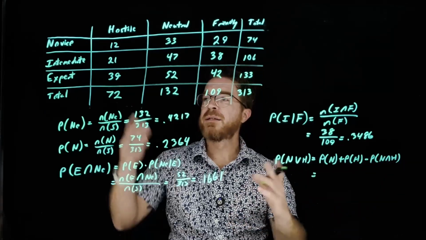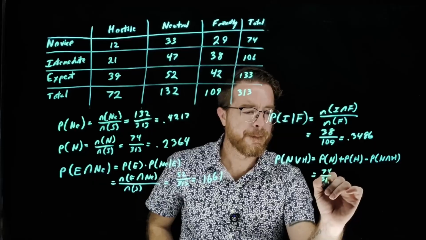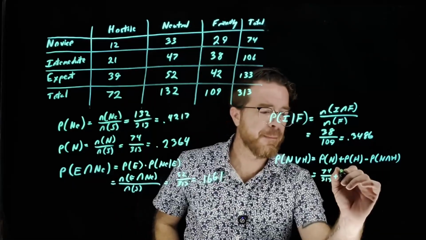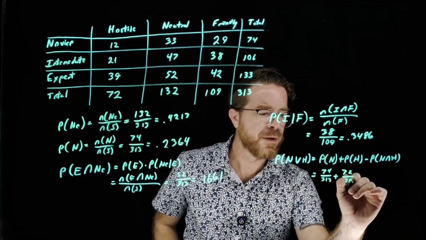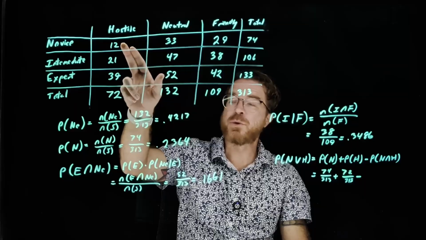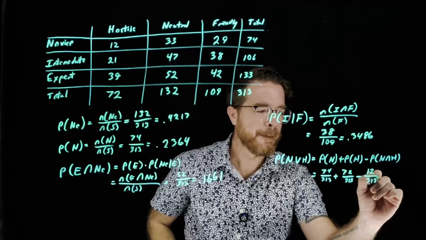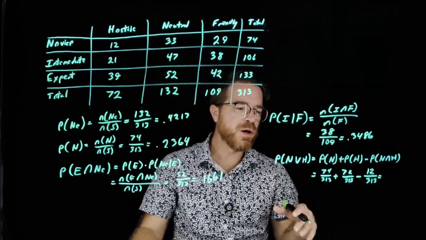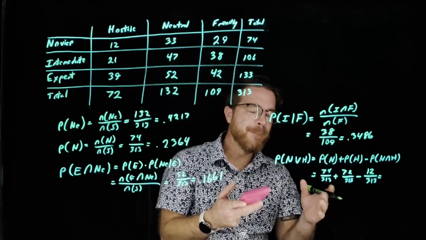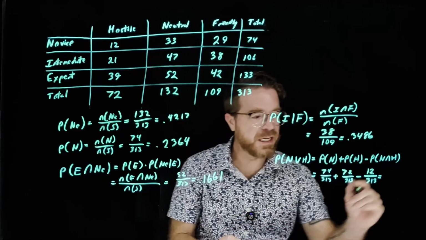So if we looked at novice, we have 74 out of 313. Plus, if we look at the probability of a hostile planet, we have 72 out of 313. And then minus the probability of novice and hostile planet, which is going to be 12 of them out of 313. So 74 plus 72 minus 12, so really 74 plus 60 divided by 313. So 74 plus 60 would be 134, which is going to give me a probability of